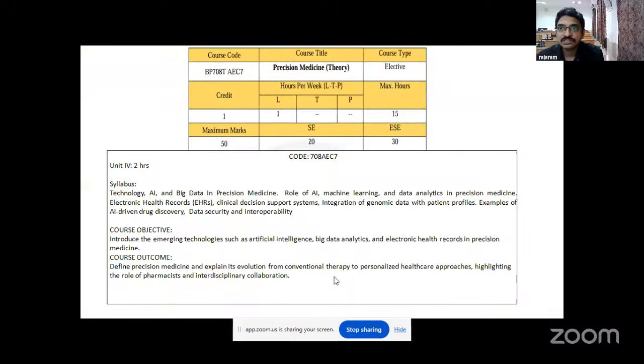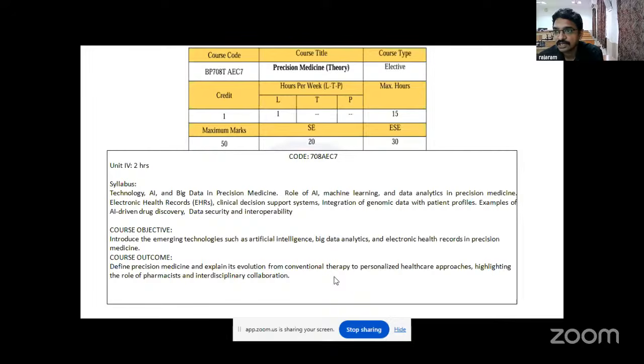Starting with the first course, BP 708T, an AEC. This is an optional subject, an ability enhancement course. This is the course type, given as an elective, and as we all know, it is given 1 credit, that is, 1 hour per week. The title is Precision Medicine. Particularly, I would like to talk about Unit 4, which has been given 2 hours